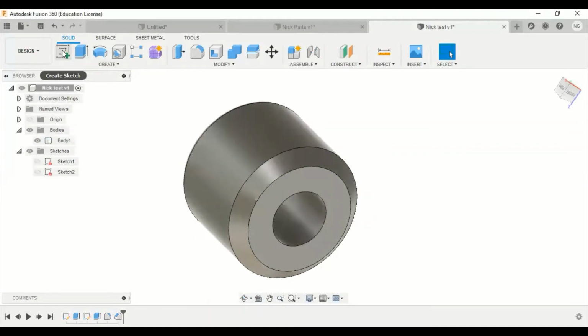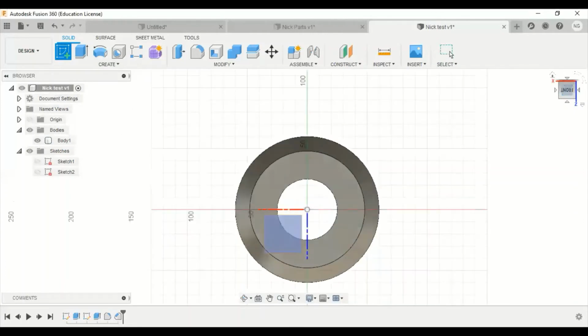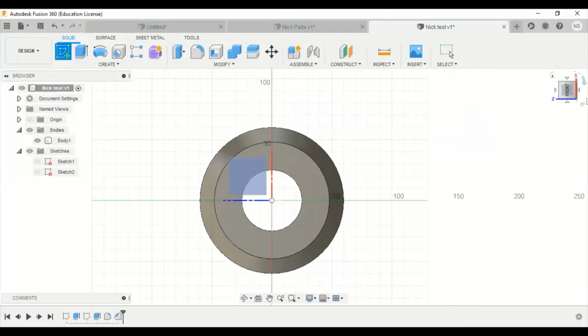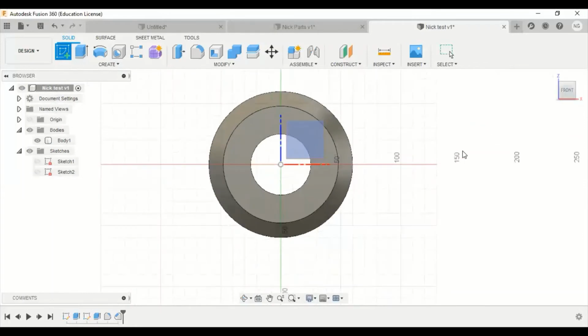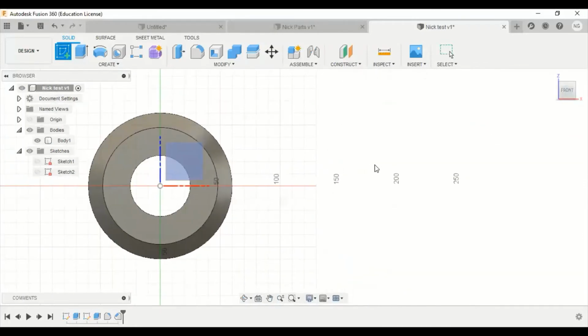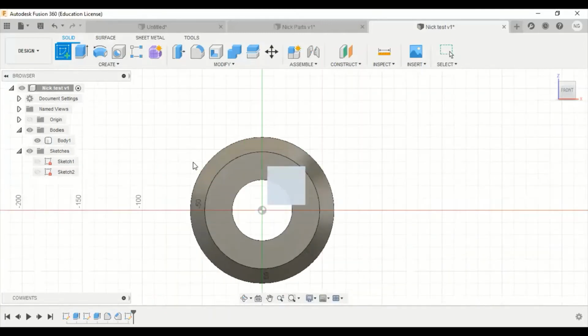I'm going to create another sketch now. I'm going to click on the front. Incidentally, as I've clicked on the front, it's now upside down. I can use these small arrows to bring it back into the correct view. I'm going to pan across there, and I'm going to create on this front plane